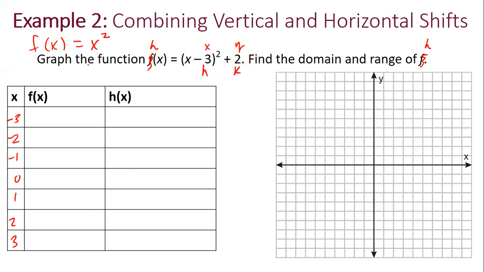Okay, so our original parent would be, what is -3 squared? 9. What is -2 squared? 1. -1 squared. 0, 1, 4, 9. Agreed? Those are the values of our parent function. Anyone's not understanding where those values came from? Okay, now we're going to make some